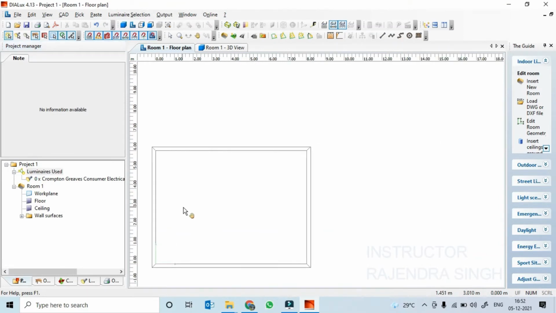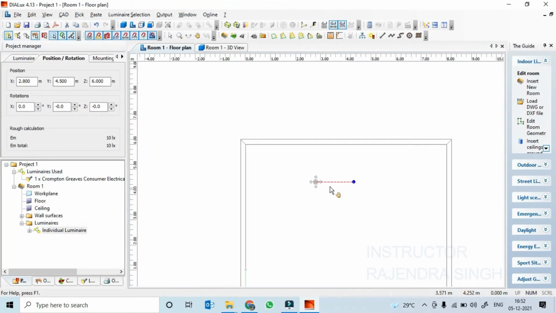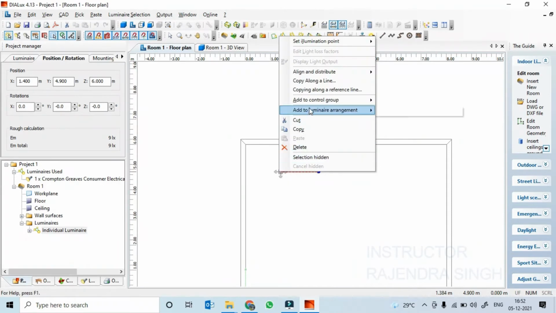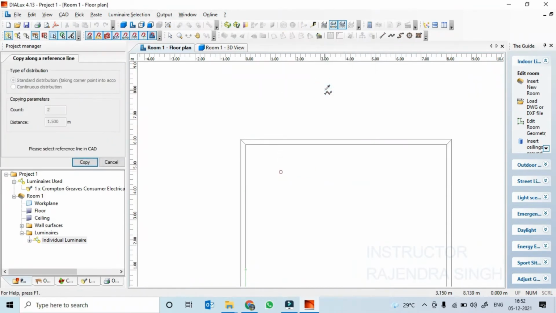Drag and drop, right click, copy along a reference line. Let's say this would be a reference line.